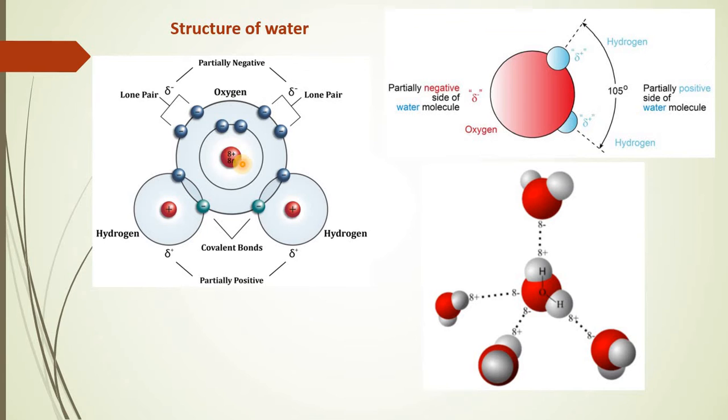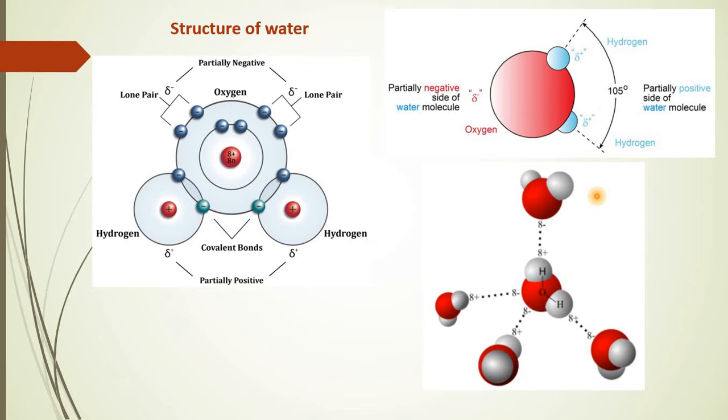water exhibits dipole character. Now, here, the interesting fact is that the angle between the two hydrogen atoms within the same molecule is 104 degrees and 9 minutes, which comes to approximately 105 degrees in the measured condition. Now, as a result of this, many of such molecules in the vicinity come closer and give rise to formation of a complex structure.